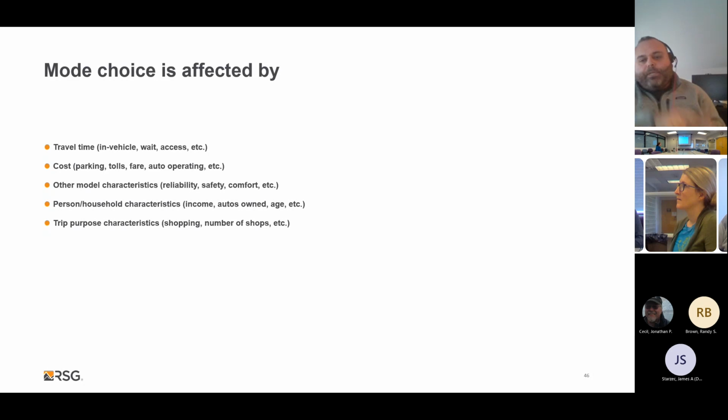So what other regions have done is they have a separate bike ped model, and the travel demand model runs and figures out the total amount of walk and bike trips. And there's some work you have to do here too, because typically in a travel demand model, we're modeling utilitarian trips, like work-type trips and things like that. And there's a whole listing of recreational trips.